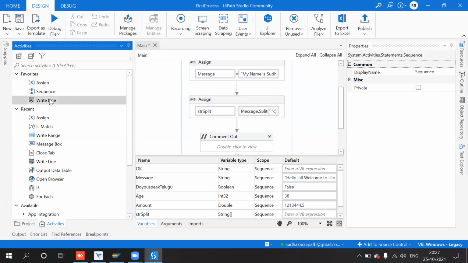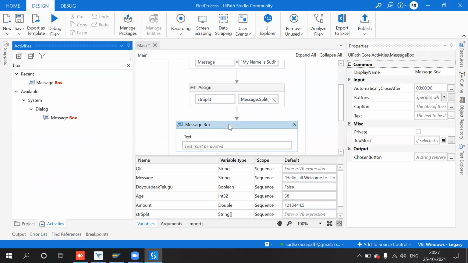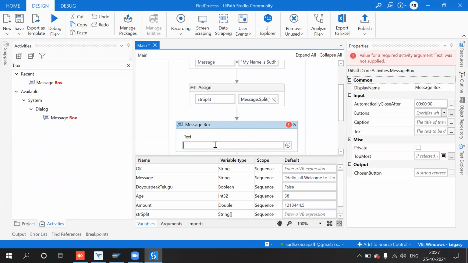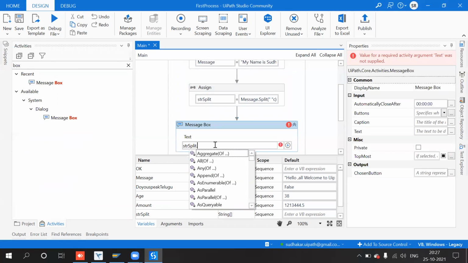For that, for learning purposes, as I told you, we should always use a message box or write line. So now I am using str split dot length.